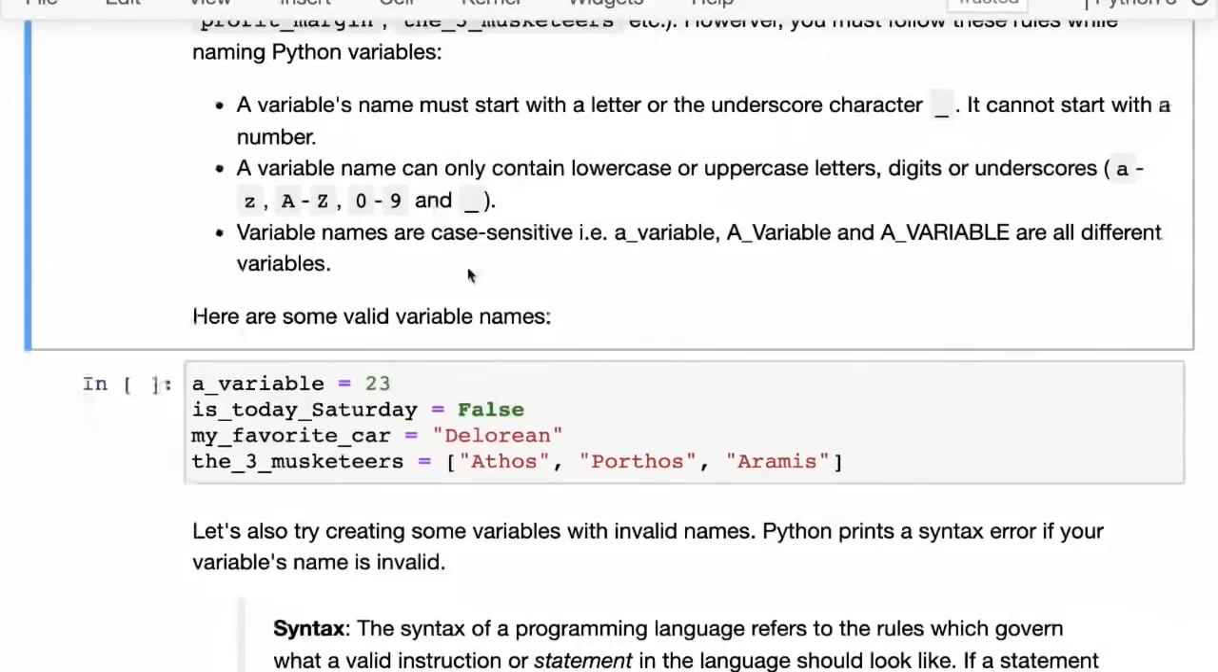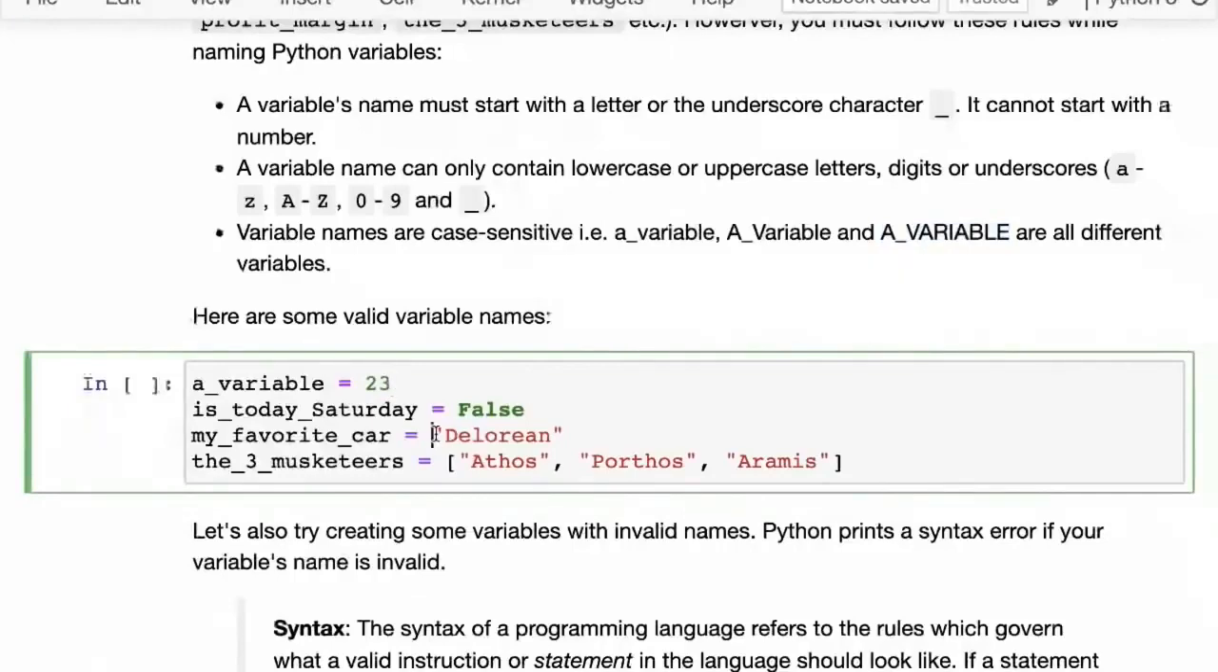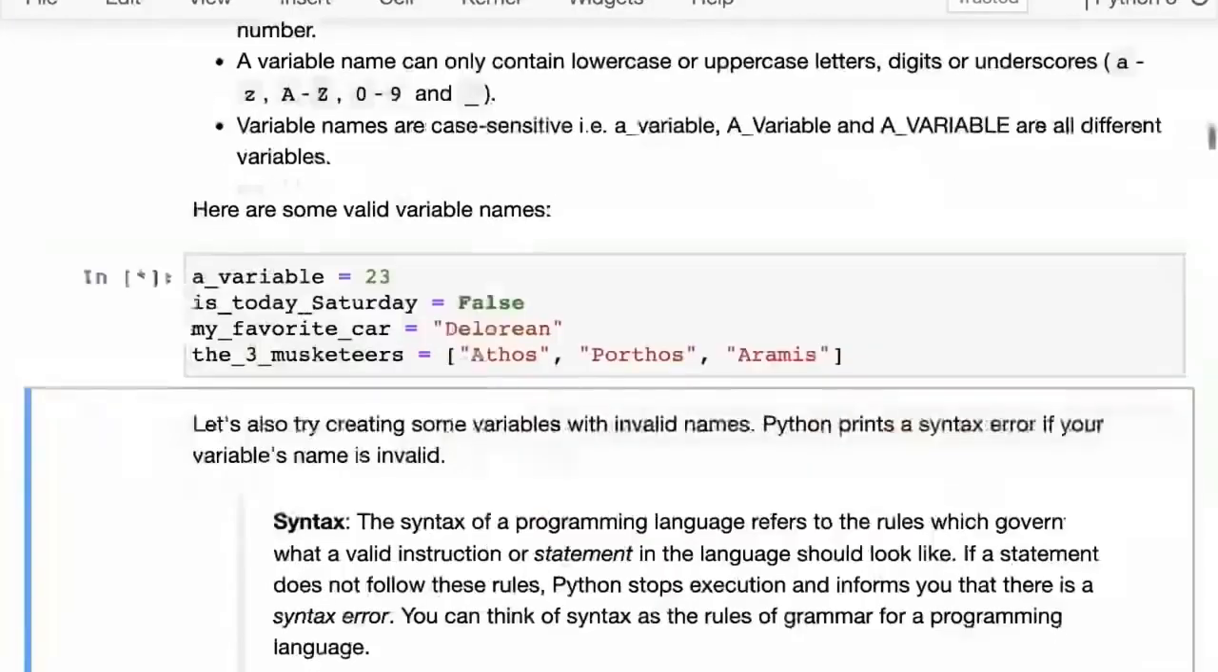And then finally, variable names are case sensitive. So a variable with all lowercase is different from a variable with A and V in uppercase, and that is different from a variable with all uppercase. So these are all different variables with different values. Just be aware of that while creating variables. So here are some